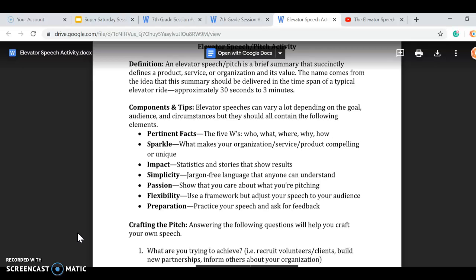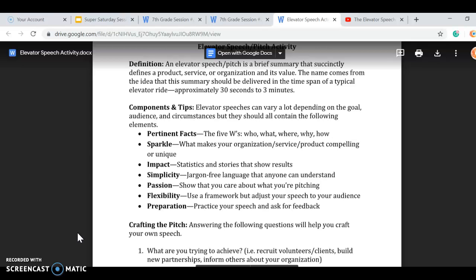Flexible, adjusting your framework, you're adjusting your speech to your audience. So whether you're talking to a president of a university or a CEO of a company versus maybe just talking to your mentor or your teacher or even a student who you're trying to get a vote from,